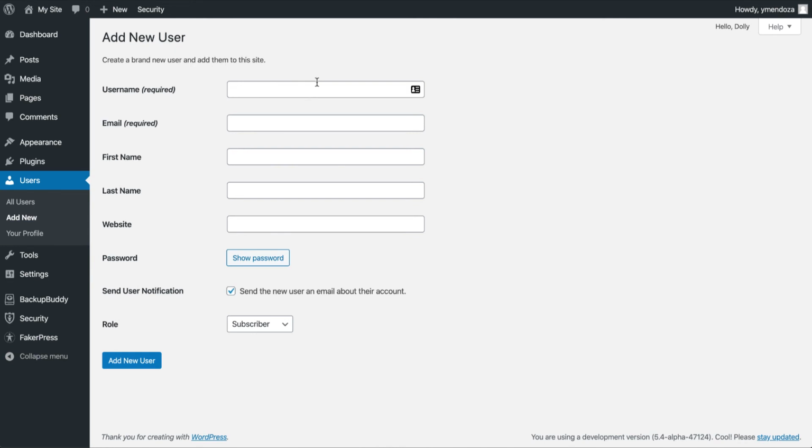First thing you need to do is make them a username and type in their email. You want to make sure that the email is correct because this is where their password will get sent. Now the name and website are optional, and down here in the password you can choose to show the password